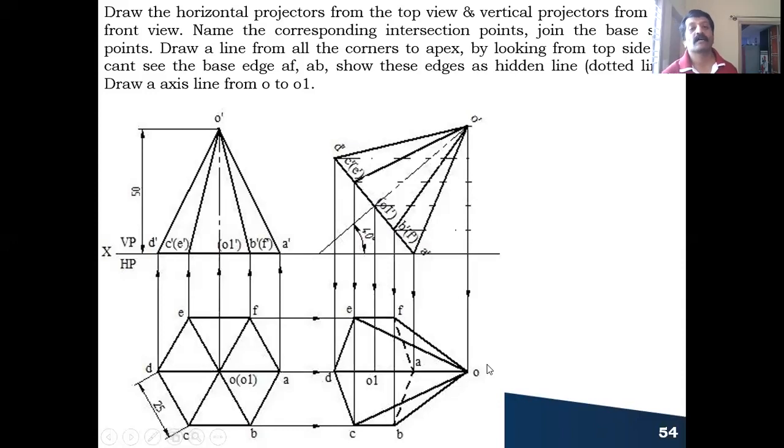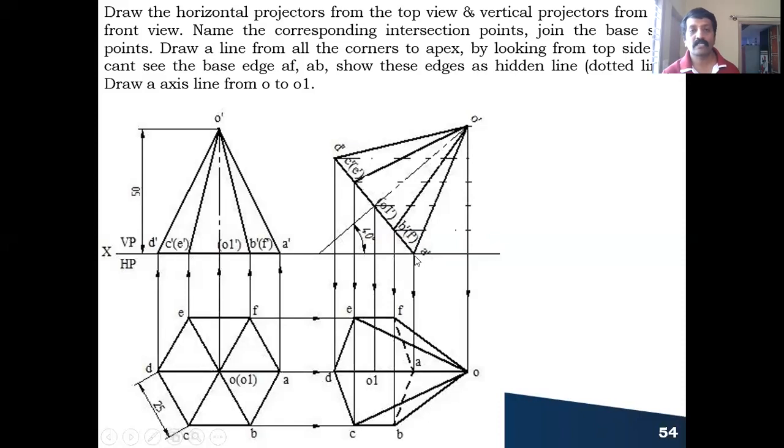So after identifying all the points, all the base corners should be joined first, and then all the corners of the base should be joined here, the vertex of the apex. So now you are looking from the top like this. D to C and D to E, you can see this becomes outermost boundary line. E to F as well as C to B, you can see it is also an outline of your pyramid or boundary line, and it is true here also what I have told.